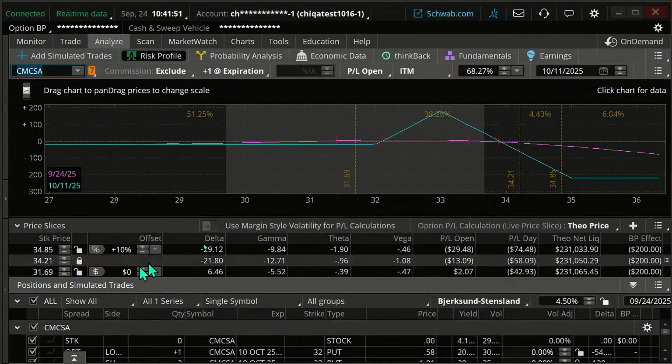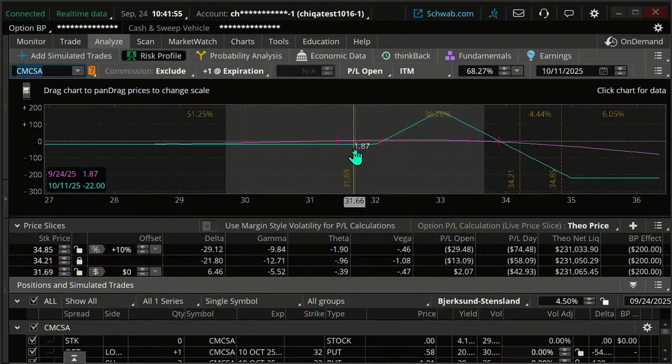There's our current price. Current price is right here. So we're actually in not a great position on this. We're down a little bit. The thing is, it can get a lot worse, but if it stays down here, it's probably not going to get that much worse, so we can be kind of patient with it if we want.